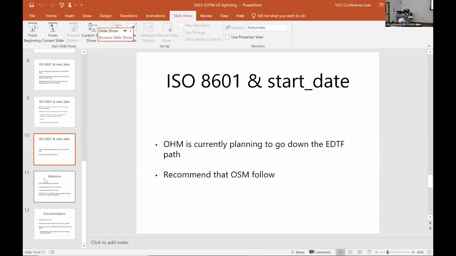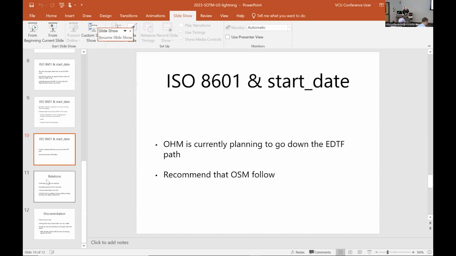So skip. So there's an open standard called EDTF, Extended Date Time Format, which is based on 8601. And OpenHistoricalMap is going to be using EDTF. It's a standard, it's an open standard. And so this is a case of divergence. We are not going to use the approximation section of the start date page at all. And this shouldn't really matter because nobody is actually using start date for anything as far as I know,